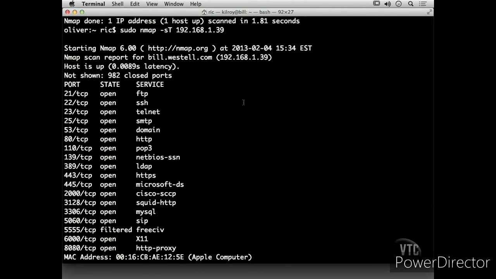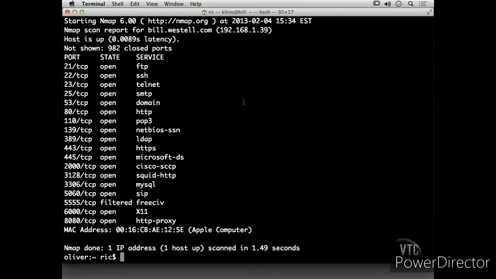So that's a TCP scan where I do the full handshake: I do the SYN, I get the SYN-ACK back, and then I send the ACK back. I do a full open on the TCP port. So again, these are all TCP ports that we've been looking at so far. I could also do a UDP scan. -sU would be a UDP scan, and I could do